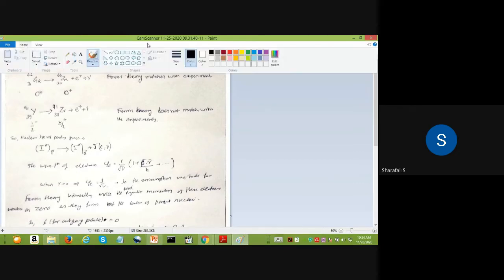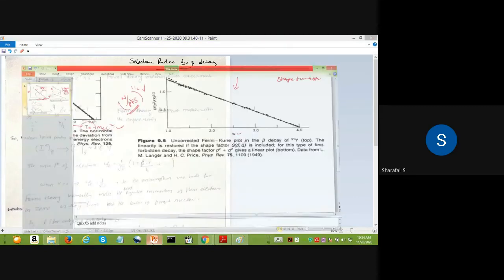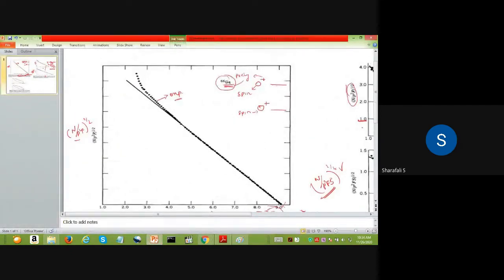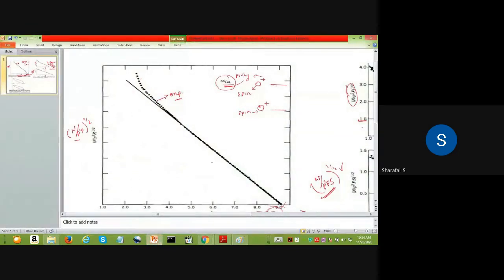So here we have already seen these two reactions in the previous figures. The first one was the gallium reaction that we have shown in the first figure here. So this is that equation. This is that decay, gallium decaying into zinc plus positron emission plus neutrino. Its Fermi-Curie plot is this.